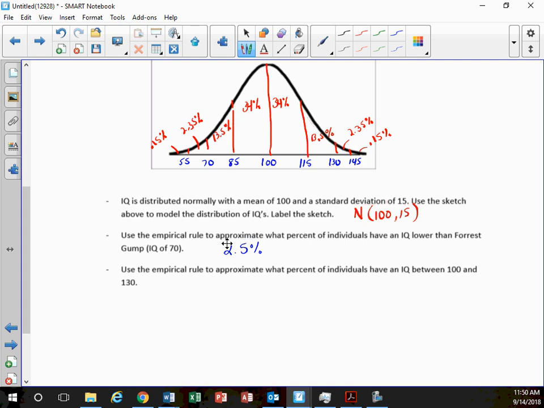And then using our empirical rule, what percent of individuals have the IQ between 100 and 130? We can add, right? 47.5%, okay? So the empirical rule works nicely if you're talking about values that are exactly 1 standard deviation or 2 standard deviations away. We're obviously going to look at questions where it doesn't work out quite so perfectly, okay? But questions on the empirical rule, pretty simple. Okay.